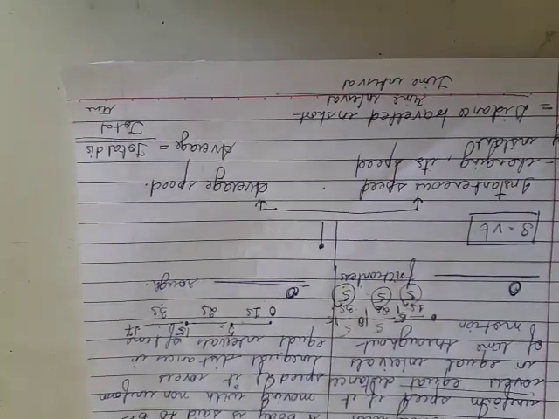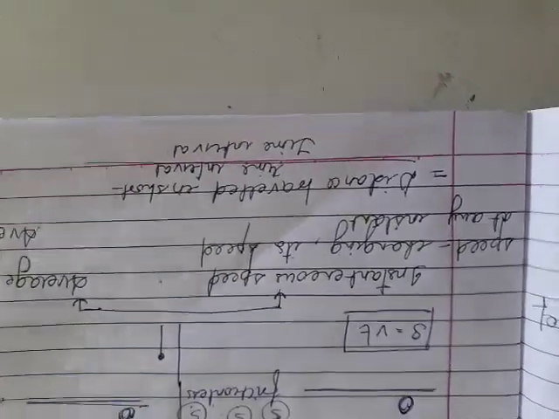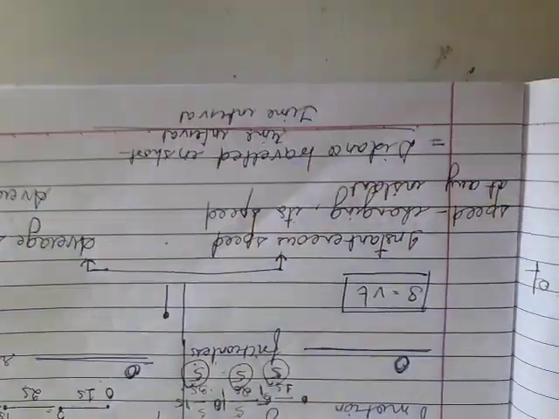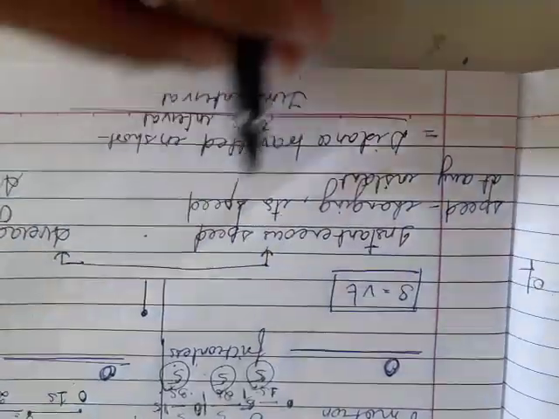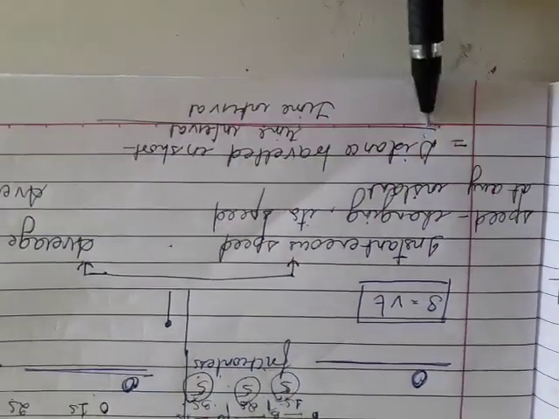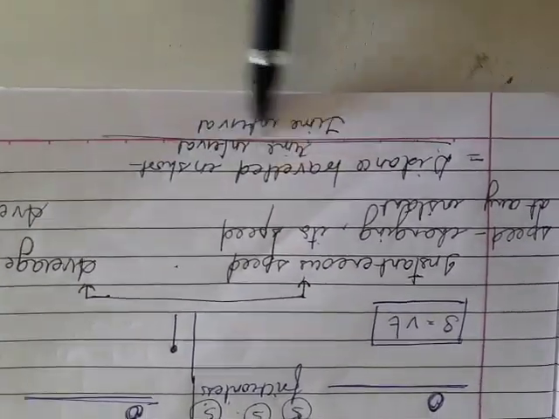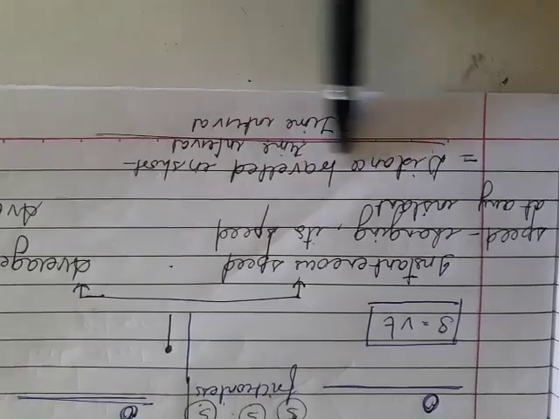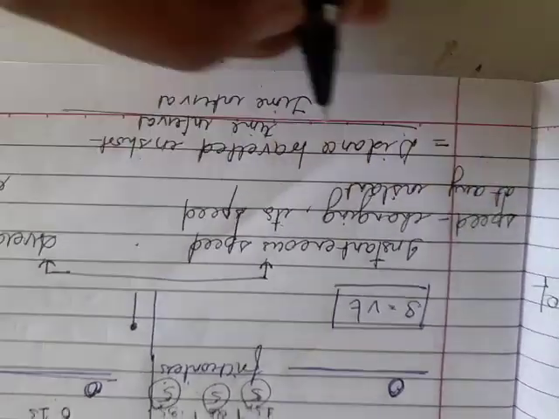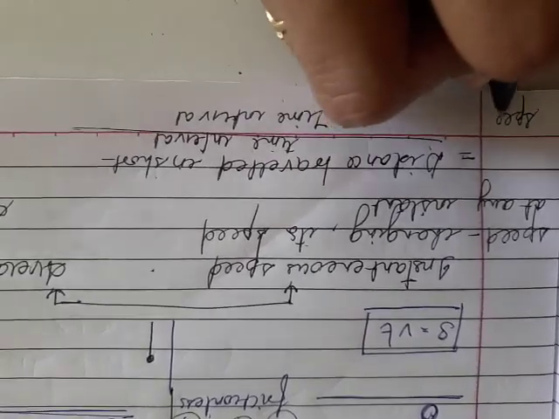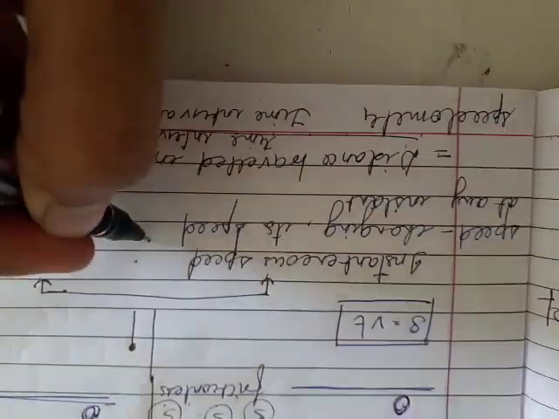Instantaneous speed: if the speed of the body keeps on changing, then what do we do? For that we take the speed at any instant. Speed at any particular instant can be taken as the distance travelled in a short interval of time upon that time interval. The speedometer in a vehicle measures the instantaneous speed.